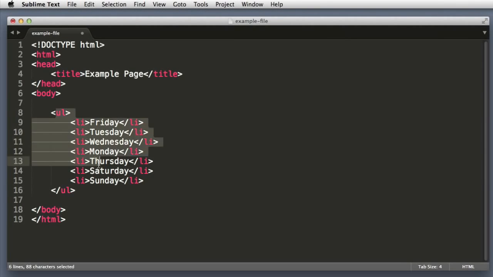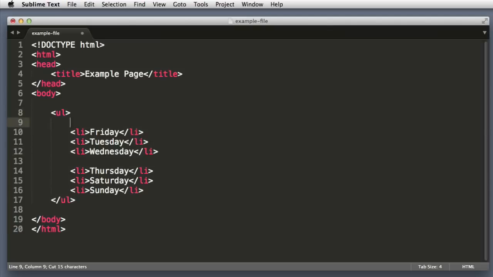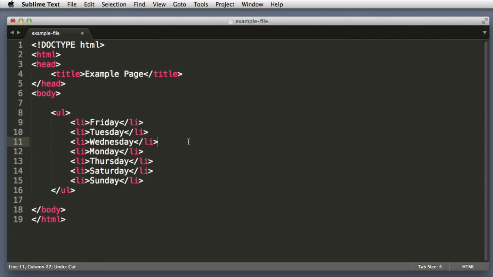We have an unordered list with the days of the week. And let's imagine that we want to reorder these list items from Monday to Sunday. So our first step would be to move Monday to the top of the list. Now traditionally we might highlight the Monday line, cut it, put our cursor up here, paste, but that's not very efficient, is it? So let me show you the Sublime Text way of moving this Monday line up to the top. I don't even need to highlight it, just make sure that my cursor is anywhere on this line,